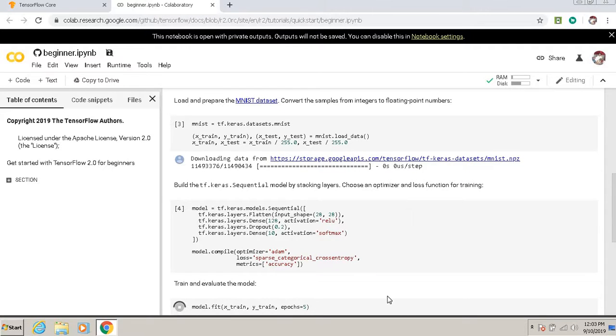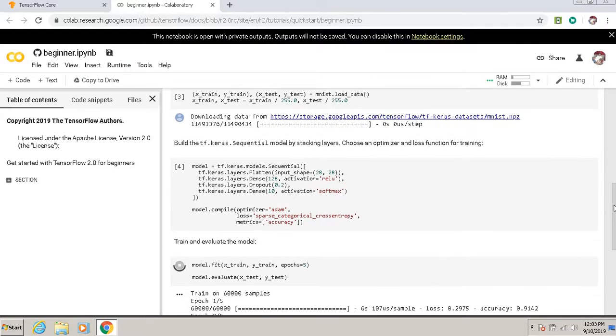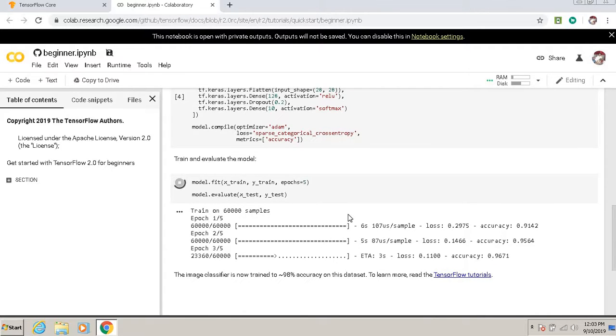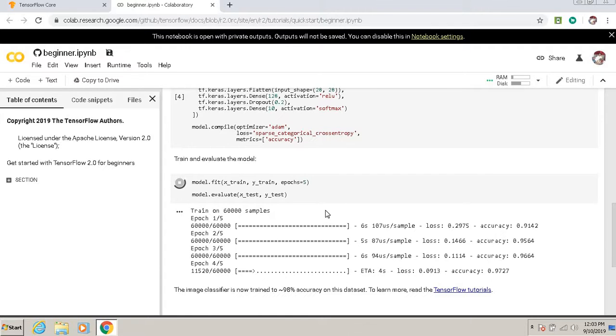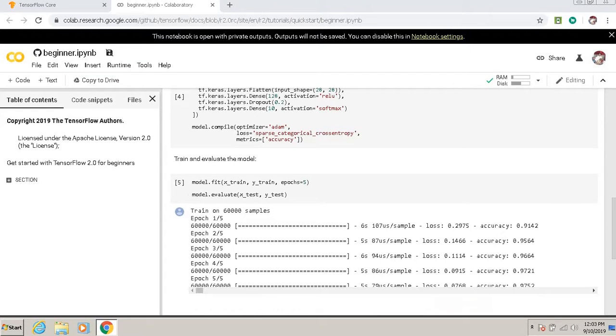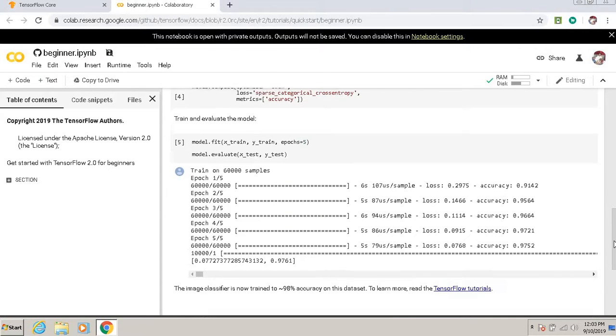So you can see it is running. We have taken 5 epochs, so it will run for 5 epochs, and each epoch it will come with some accuracy. You can increase the epochs, and you can see for yourself that in some cases the accuracy goes up and goes down and so on.